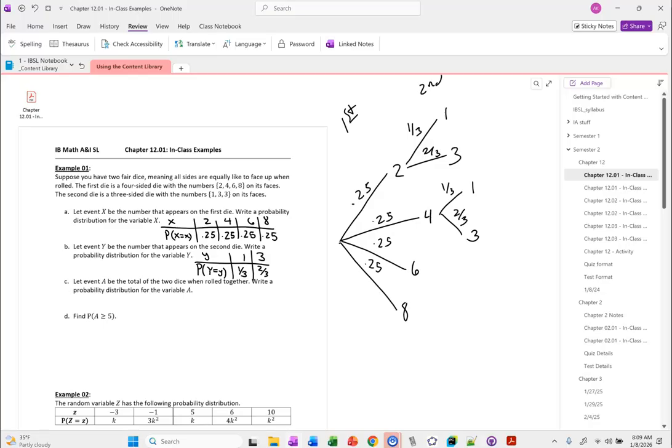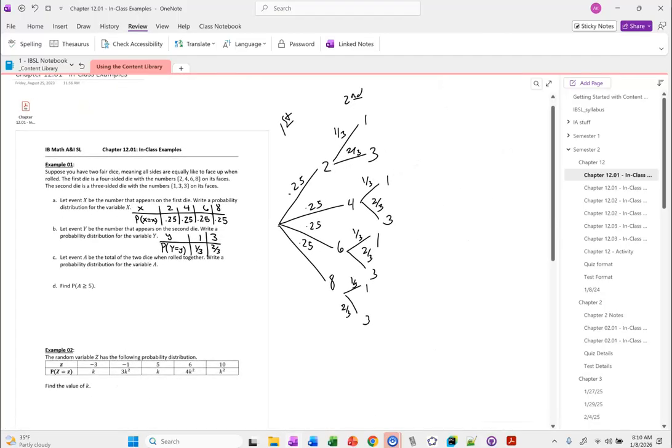And this will be the second die. Everybody's okay here? All right. This is